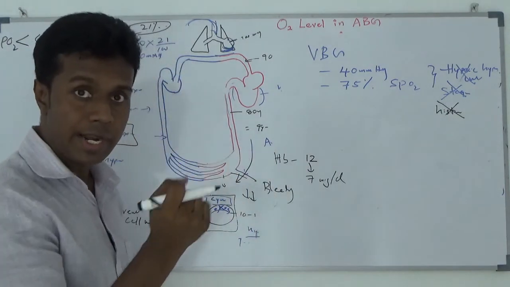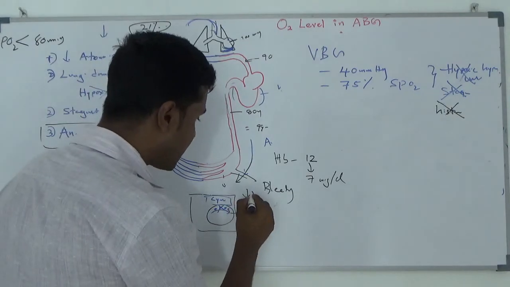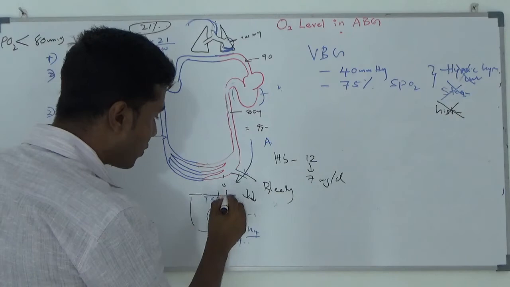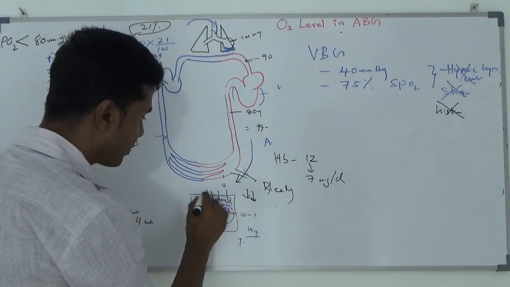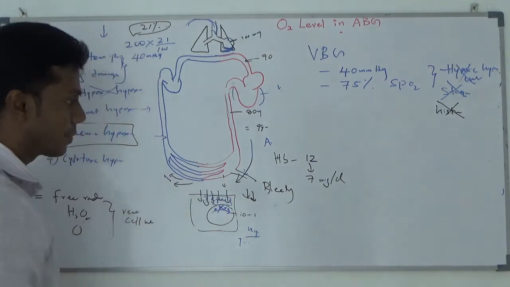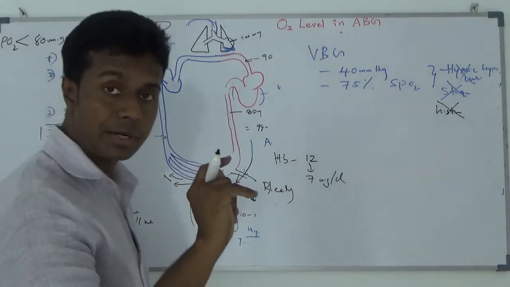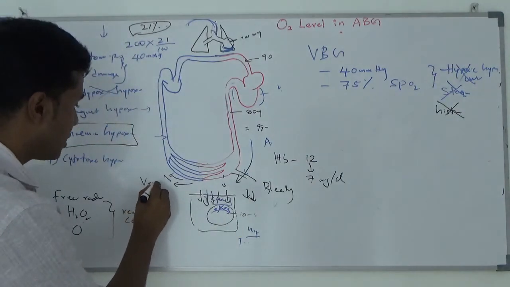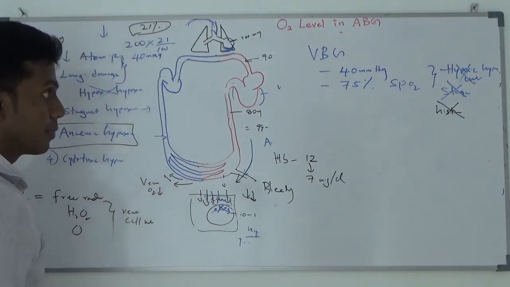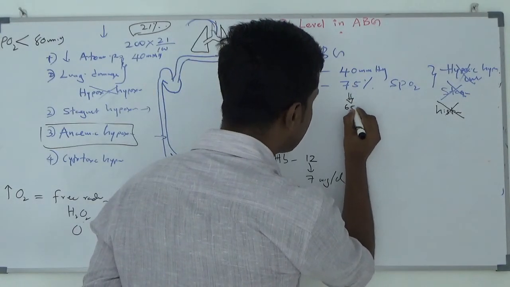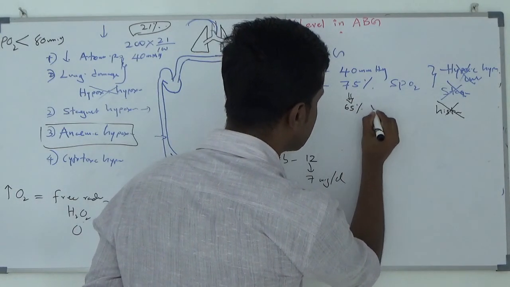Hemoglobin is the one which carries the oxygen. The amount of oxygen carried to the tissue level is going to be reduced. A large majority of oxygen is taken by your cells, and the remaining oxygen goes into your venous side. Your fixed deposit of venous side oxygen is going to be reduced. Venous oxygen is going to be reduced. If you find a patient with venous oxygen less than 65% venous saturation